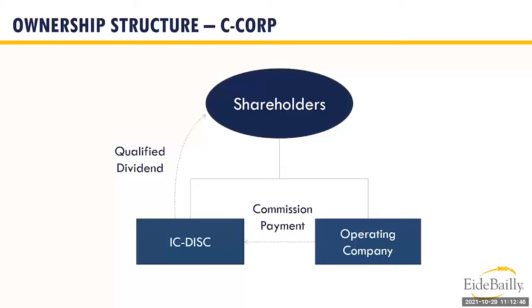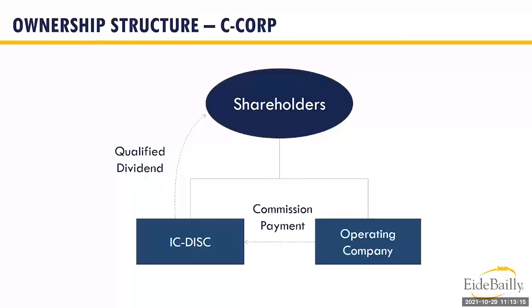And so in this case, the operating company pays the commission out to the IC-DISC like we had in our prior example. It receives an expense for that and gets that tax benefit for that commission payment. The IC-DISC then distributes that out to the shareholders. The shareholders are subject to qualified dividend income, capital gain tax rate. And in this example, we have now avoided the double